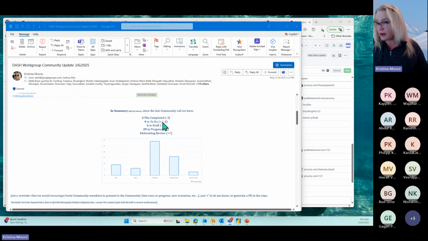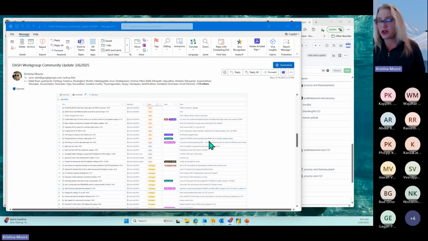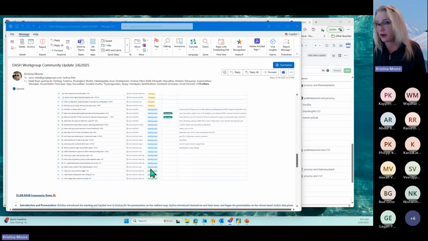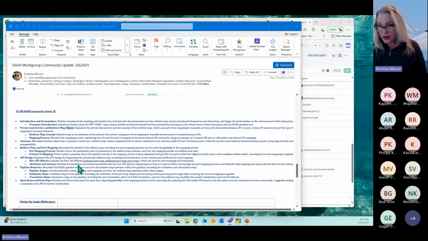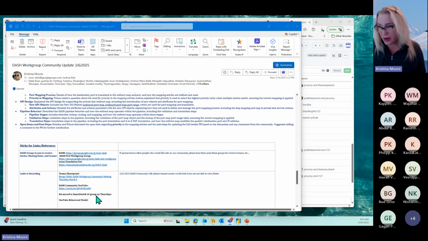And then, from the last time we had met, we had completed three, nine, and to do. This is just kind of our key. The in progress and the awaiting review are really starting to climb. So that's interesting. And then just the longer notes here, if this is all of our project items, quite a few waiting for review, and then the full notes. And of course, here's the link to go ahead and view the recordings or the recaps. But I'm curious if anyone has one they want to start with today.